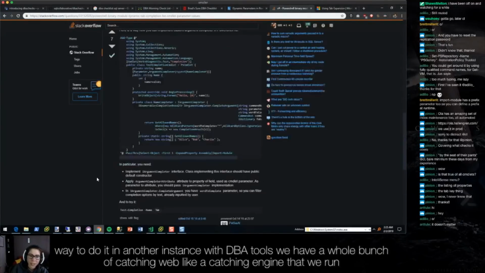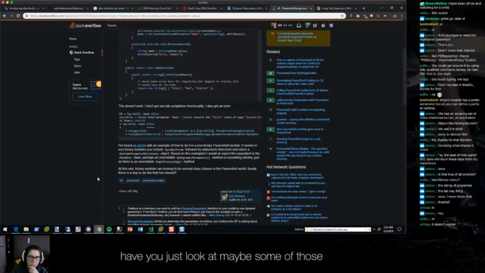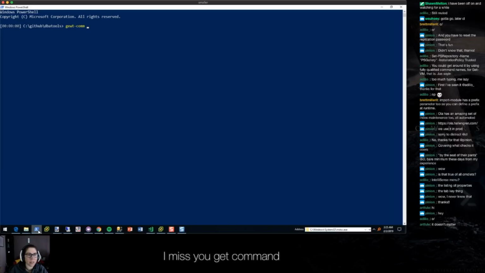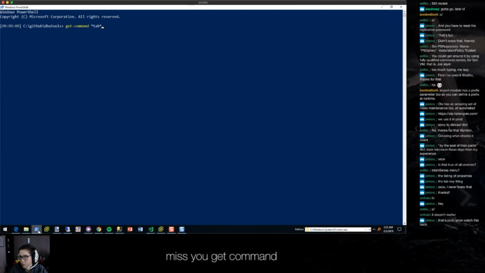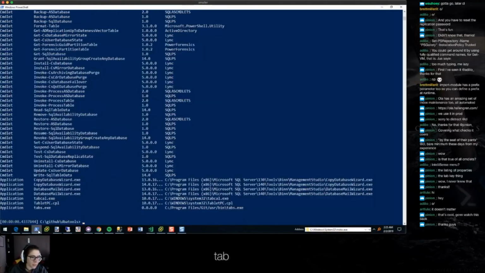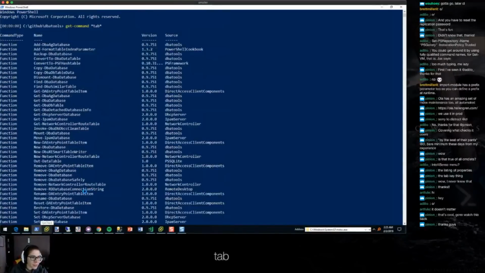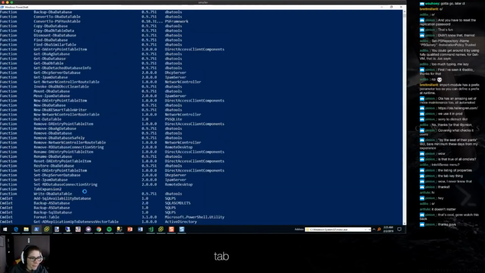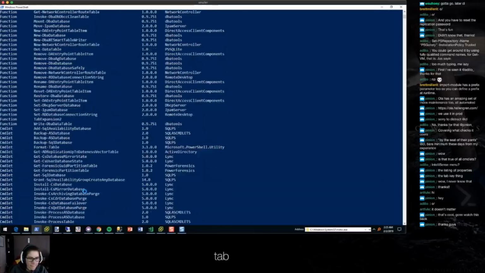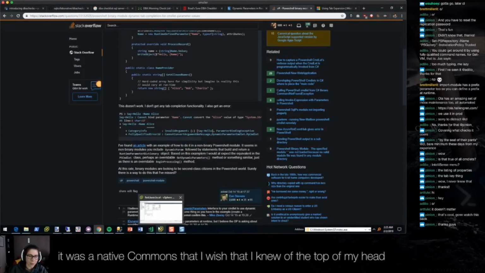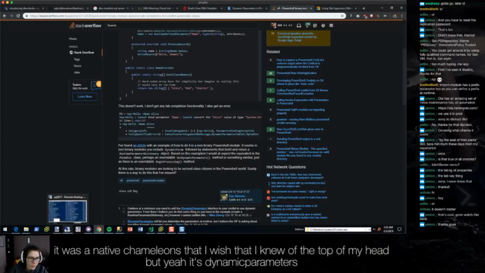But anyway, if you just look up some of those words, let me see, git command tab. It's one of the native commands that I wish I knew off the top of my head. But yeah, it's dynamic parameters. So if we go back here,